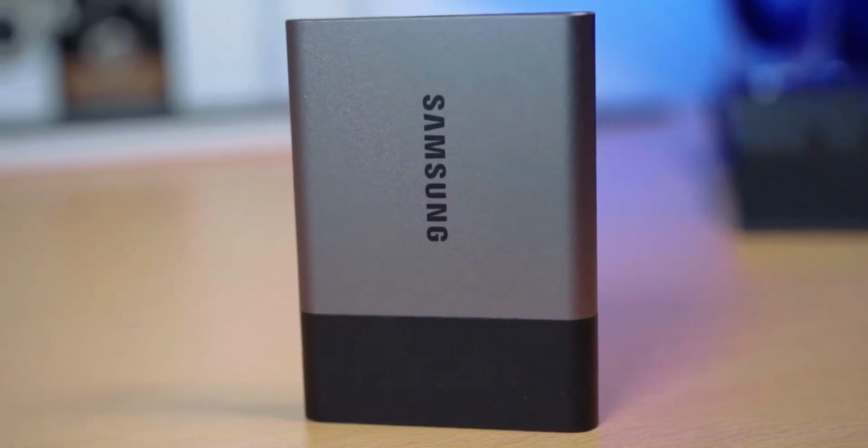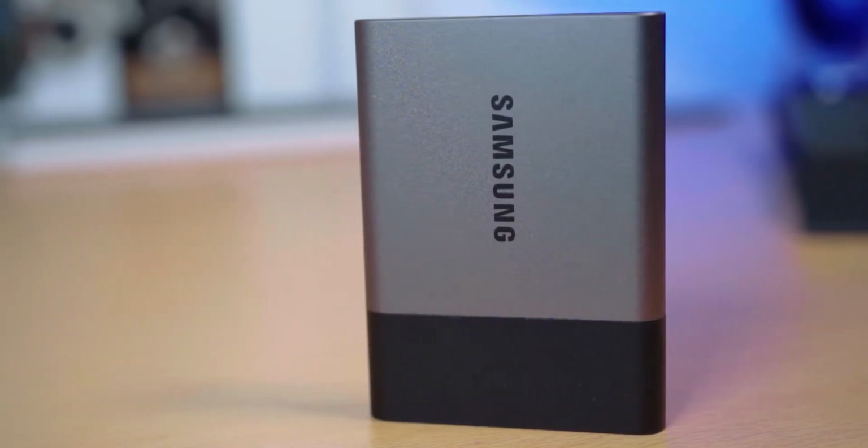The next guy on the list is something that you'd probably say is boring, and well, it is, but it's useful too, so hang on. It's a Samsung T3 SSD. It's a really small USB Type-C, USB Gen 3.1 SSD, which is just really fast and really handy because it can fit a lot of data, you can access it quickly, and I especially like using it when I'm having some projects on the go, when I want to keep all of my files stored in one place, not clutter